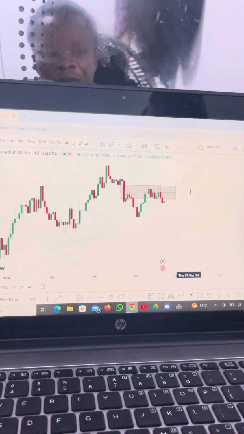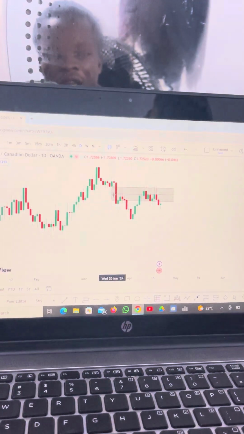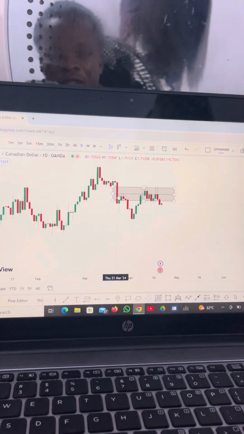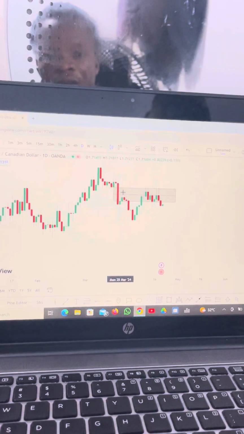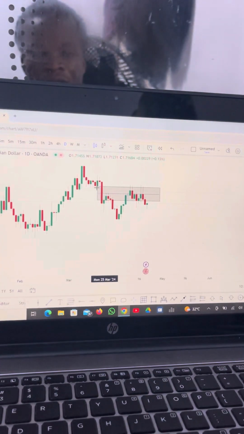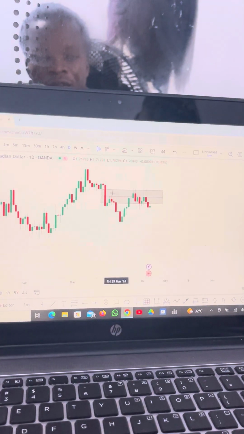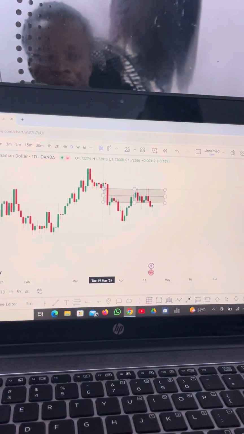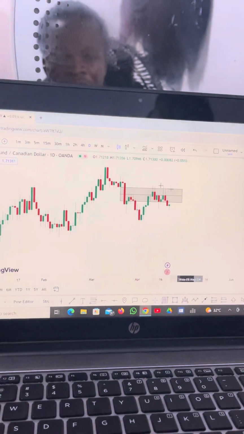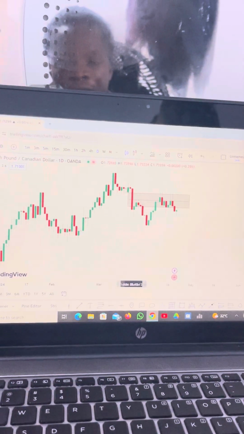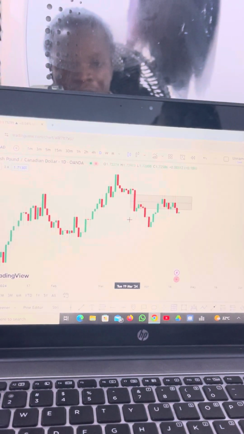So fair value gap means the space between the first and third candlestick. This movement here, the market left a whole lot of full candlesticks. So here is the fair value gap from this candlestick to this third one. So I marked it out and then I left the chart, waited for